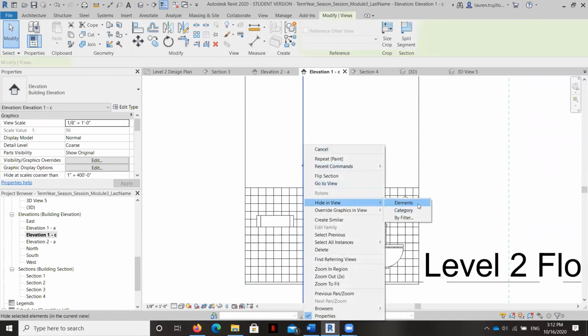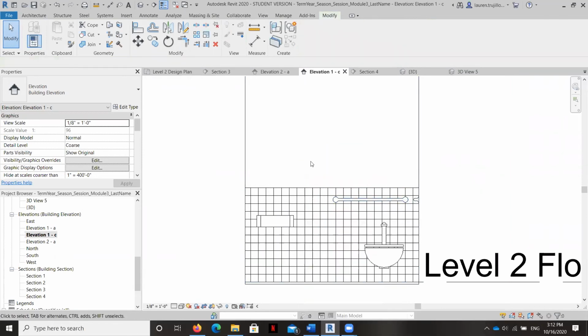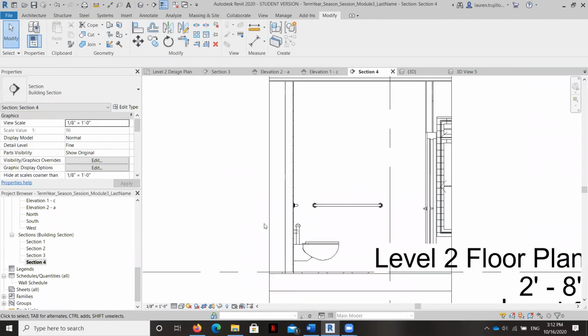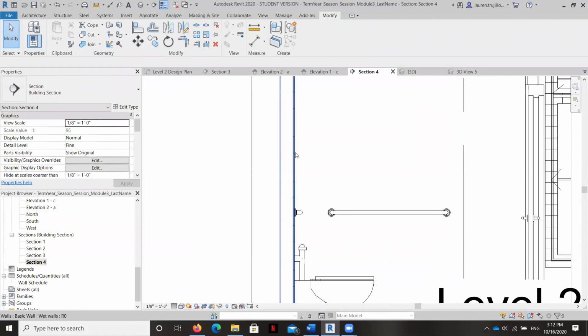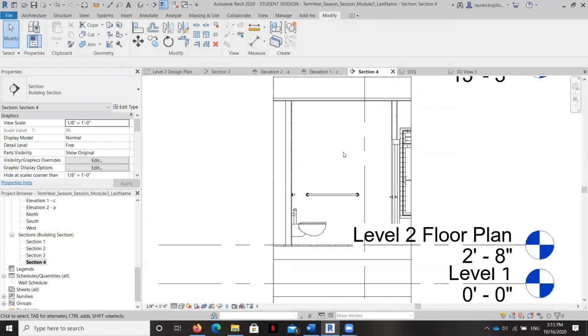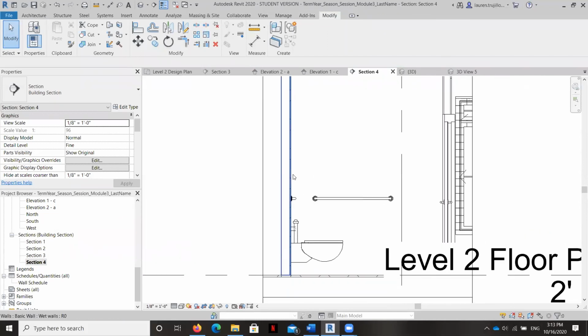And so I'm gonna go ahead and hide this. So later on, if we wanted to paint or we wanted to have a smooth surface to put the mirror on here, we would have the nice smooth surface to do that. So in section view, it doesn't really change the thickness here, you can see, because we would have thickness of tile and then thickness of drywall above, but it just allows us to quickly render a finish as opposed to creating two separate wall layers, which could get a little bit cumbersome.